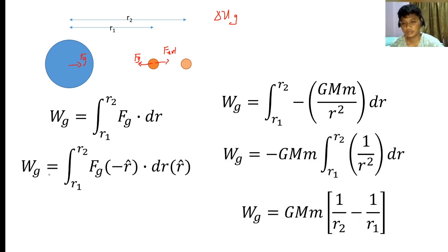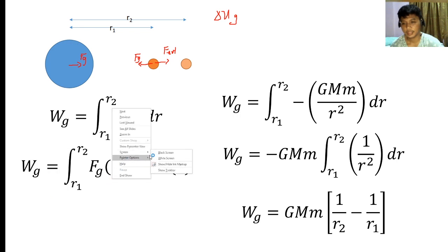So we need to define the r hat vectors. As you can see, the r hat for Fg is negative r hat, and that is because